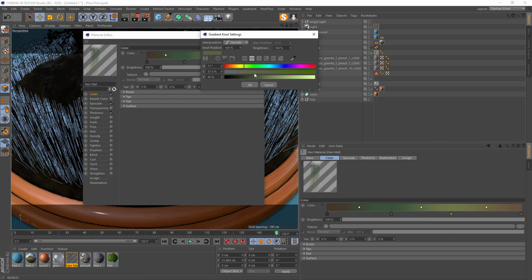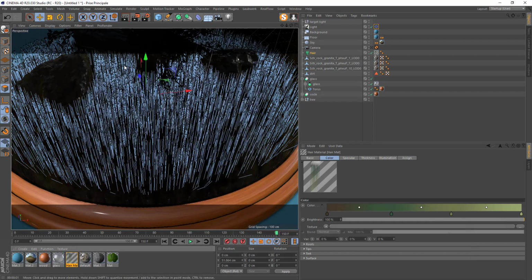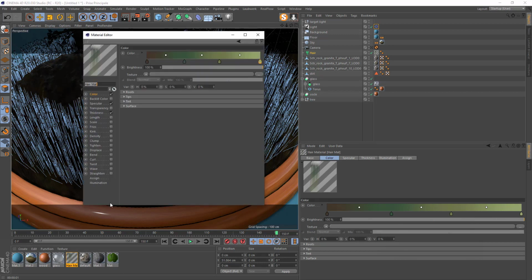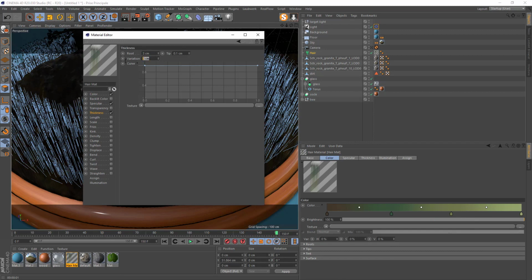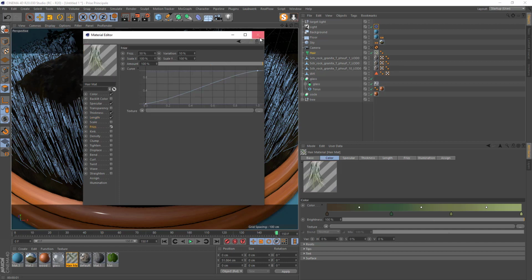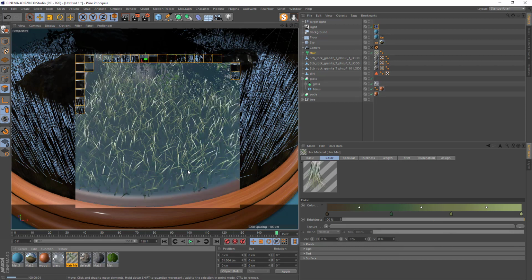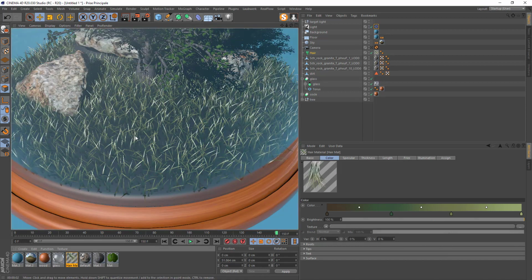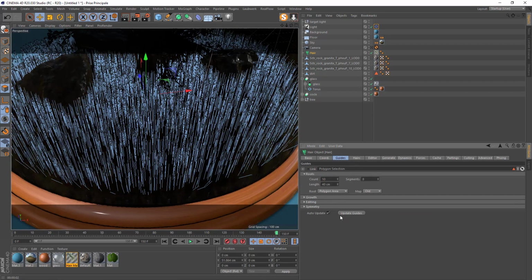And go to the yellow side. Yeah, something like that, it's okay. Sorry, I close, open. Then specular, it's okay. Thickness, you can make it 3 and 1 centimeter variation. Length, we can check it so they are not the same size. And freeze, you can check it. So if we see what we have, okay, we've got grass. I think we can add more grass, so go to air and put double the number, so 10,000.